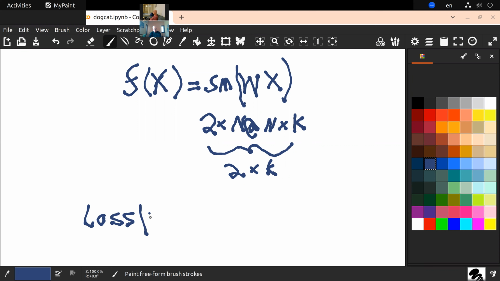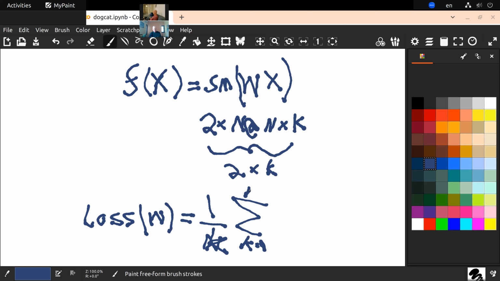we define loss of W. It's the distance between the prediction of F and the real life cloud of points, the data set. So it was something like that, if you remember. It shouldn't be K there. It's the number of... You're right, 1 over K. Yeah, it's K. Thank you. It's K, and this is small k, 1 to big K, and it's